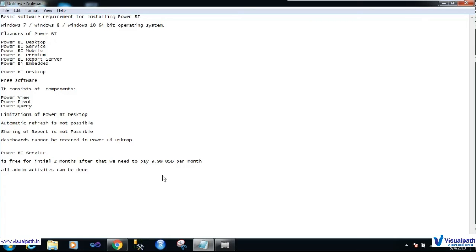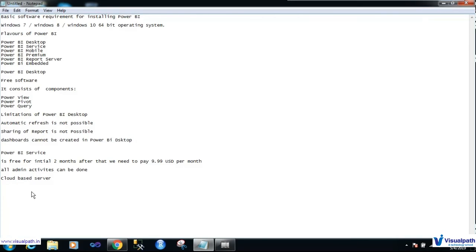It is a cloud based server. Now, all the features which are limited in Power BI desktop, all these limitations are removed in Power BI service.